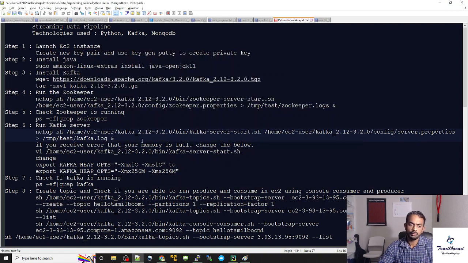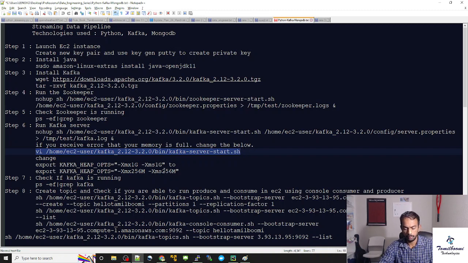One more thing I want to say is, when you start Kafka in a micro instance in AWS, usually you will get one error like memory is full, etc. In that case you need to edit the script. The error is, Kafka is pre-configured in the script to want 1 GB of memory, but we are running a micro instance which is exactly 1 GB. We cannot give 100% of 1 GB to Kafka, so we just need to edit it to something like 256